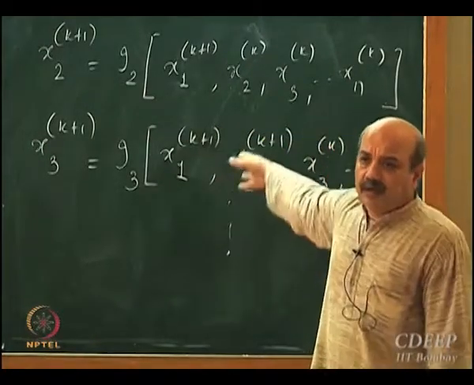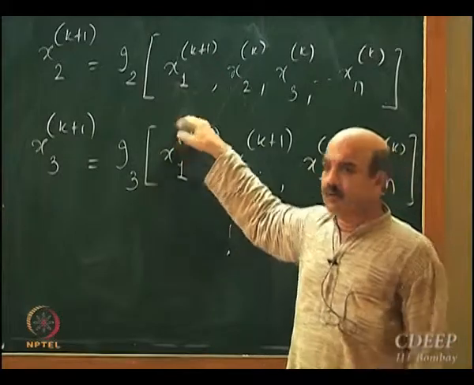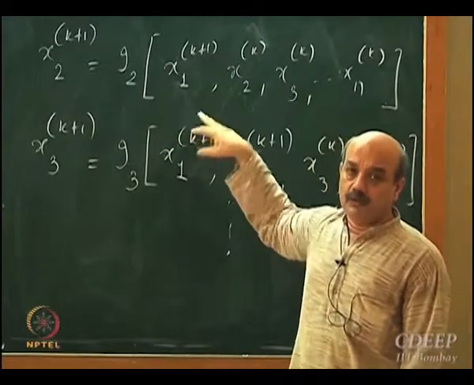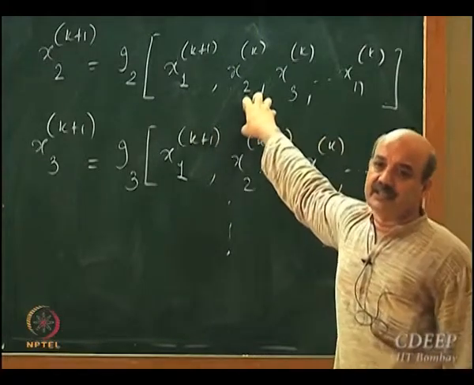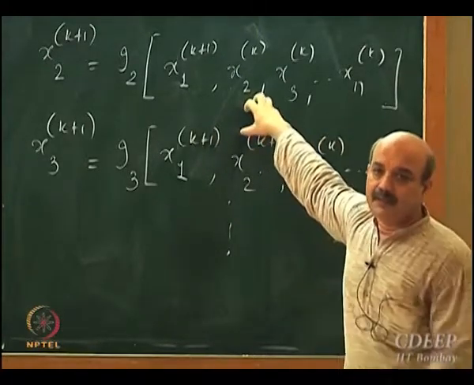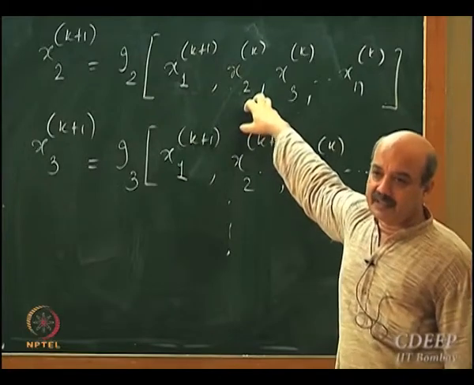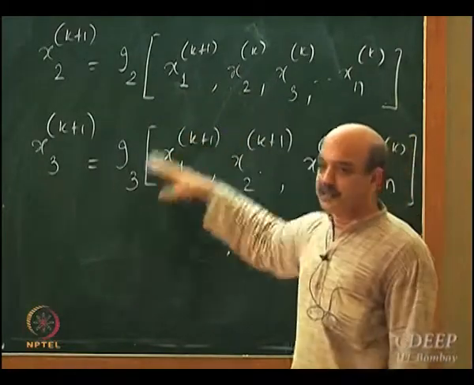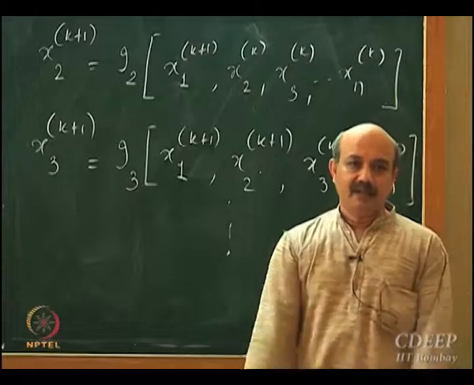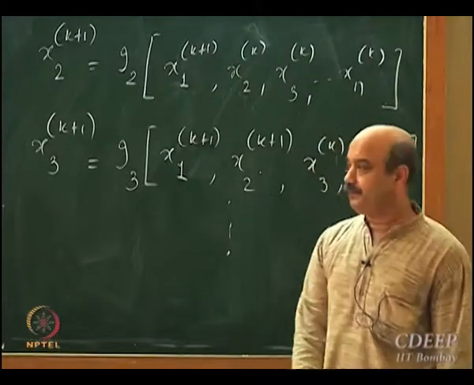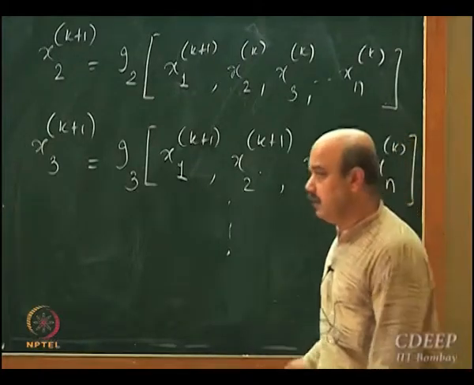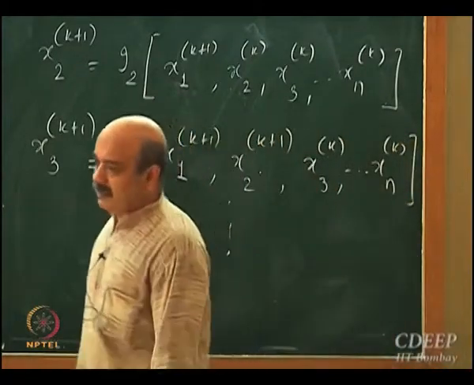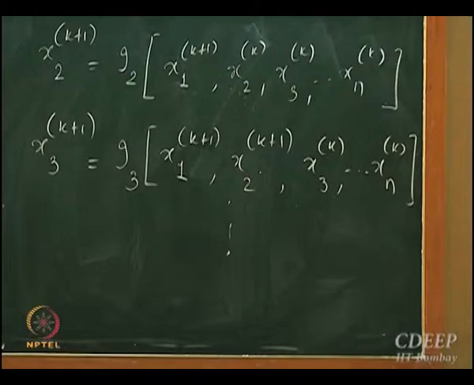So inherently, because you are using the new value every time it's generated, one would expect that Gauss Seidel iterations will converge faster than the Jacobi iterations and so on. So these iterations would be better in terms of convergence properties. This cannot be proved, but at least you can hope that this correction will help.